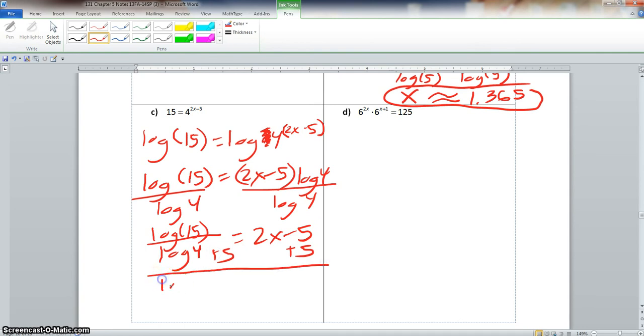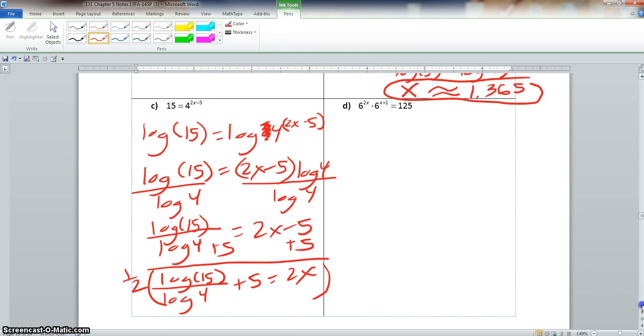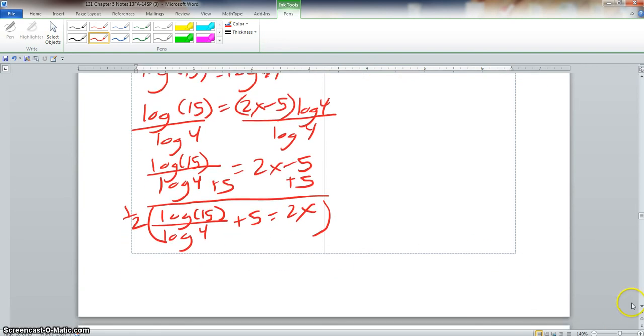And this will give us log of 15 over log of 4 plus 5 is equal to 2x. Now, we need to get rid of this 2 off the x, so we'll multiply everything by 2's reciprocal, which is 1/2. So, when we multiply everything by 1/2, this will give us x is equal to